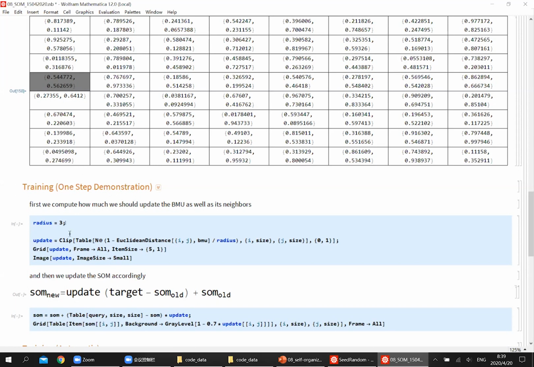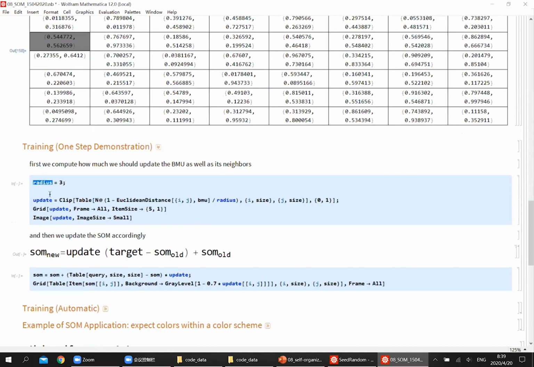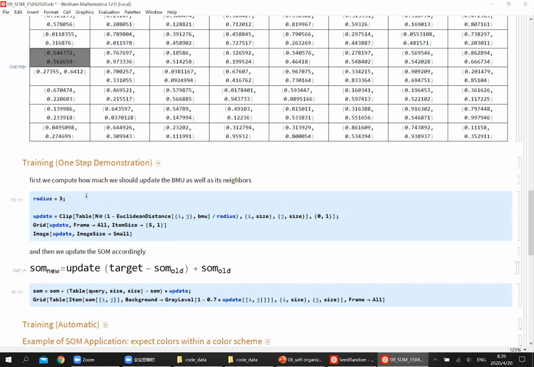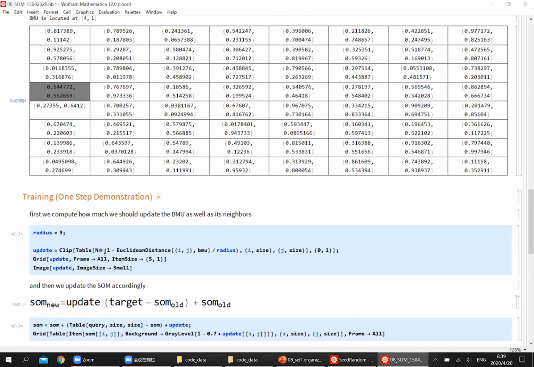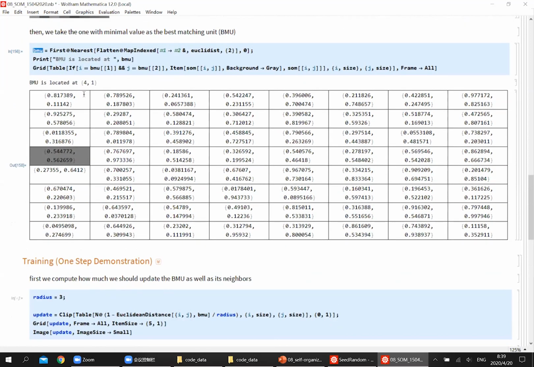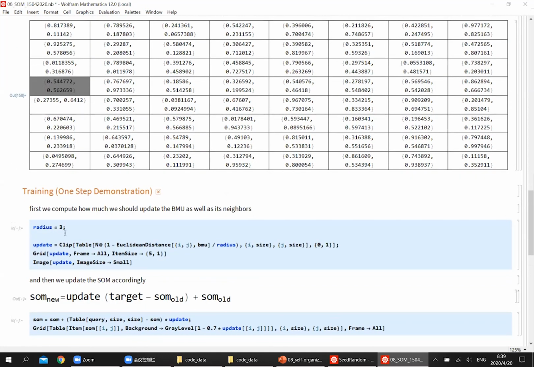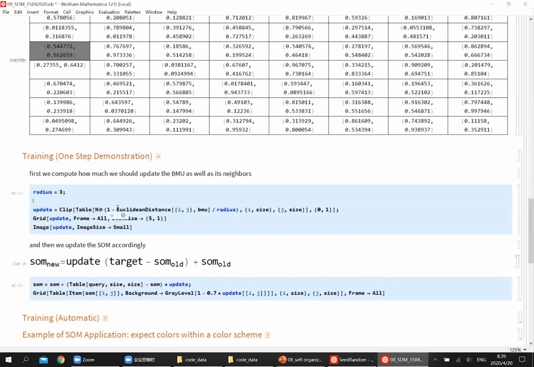And assume that we are going to work with an update radius of 3. The first step is, all these operations are done on top of the result that we already have, this best matching unit, which is at the fourth row and the first column. So based on this information, we are going to update this cell and the adjacent cells within the radius of 3. And then if we run this code,